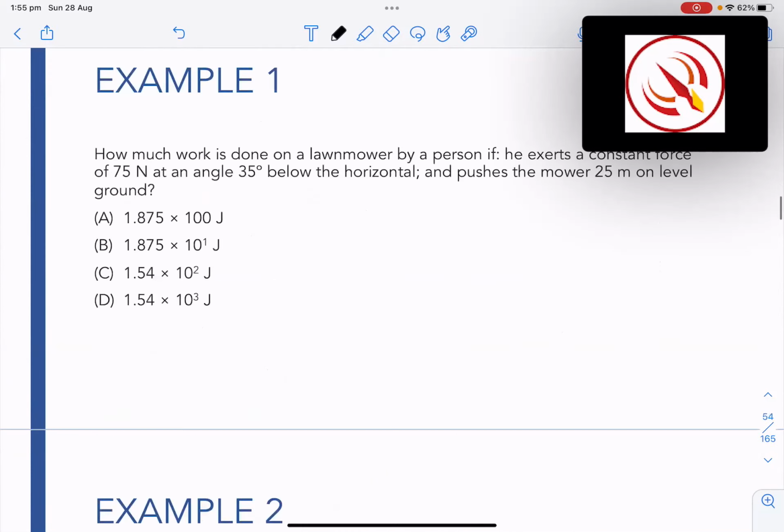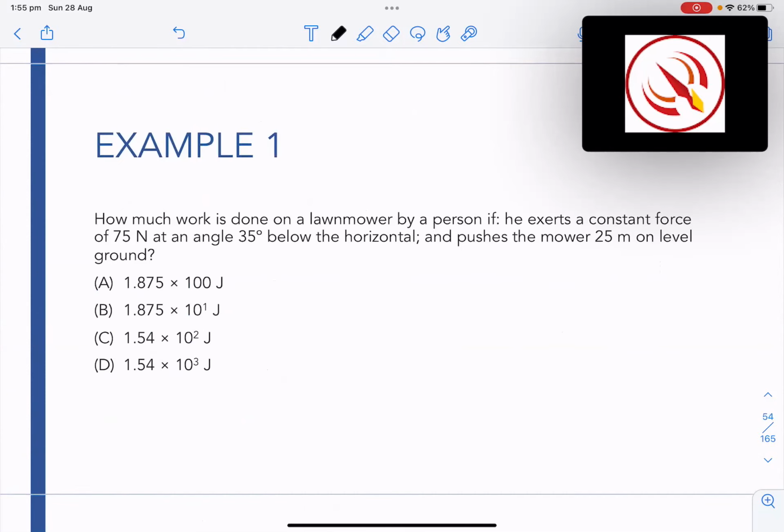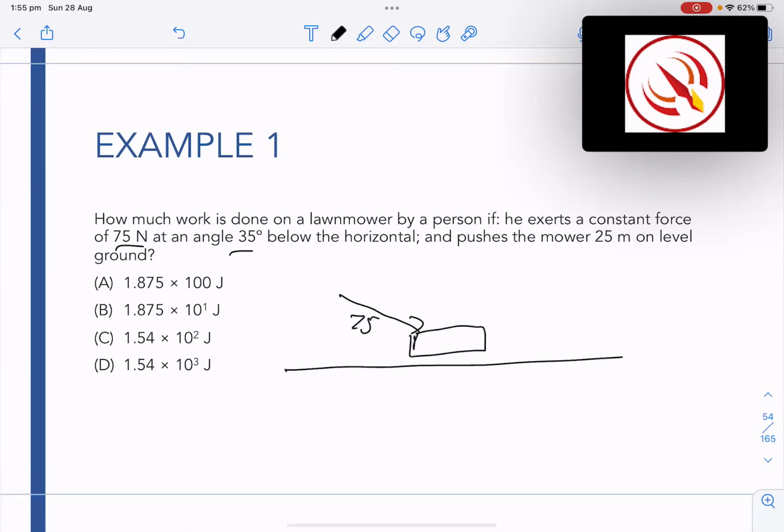Example 1, how much work is done on a lawnmower by a person if he exerts a constant force of 75 newtons at an angle of 35 below the horizontal and pushes the mower 25 meters on level ground? So here's our lawnmower. I'm just going to make it a box. And this guy's pushing at 75 newtons at an angle of 35 degrees, and the lawnmower travels